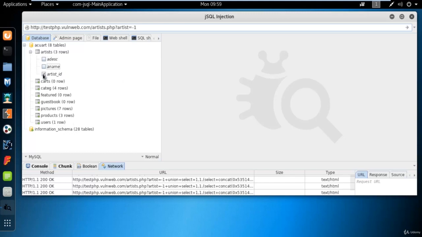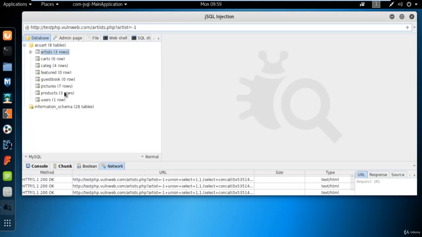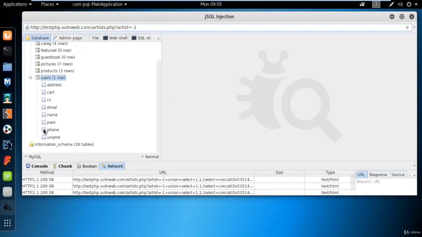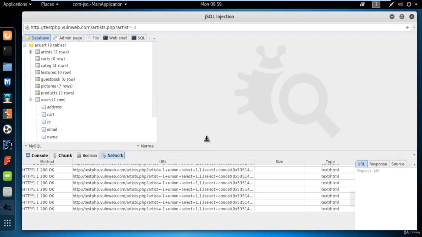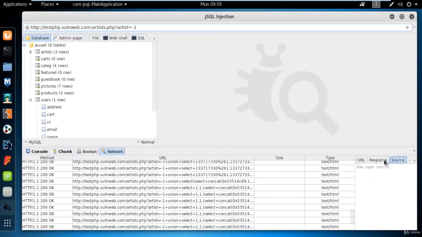You can also see there is a users table available. If you click on the users table, you will find information about the users. All the information is available right here.